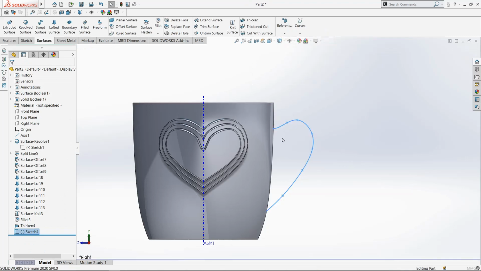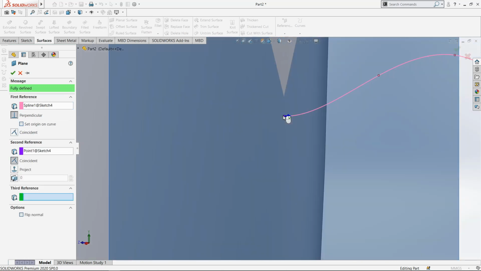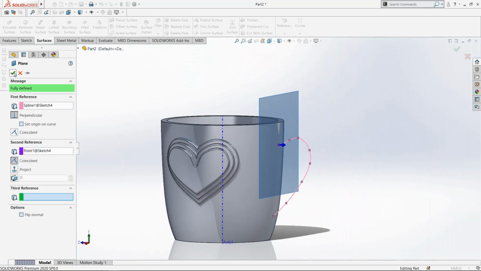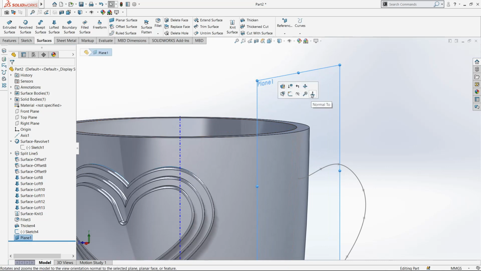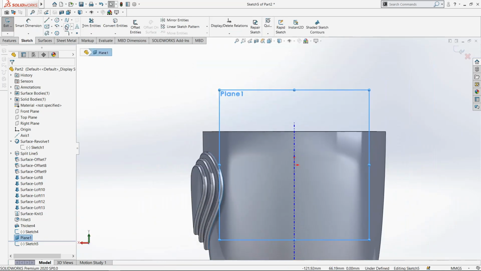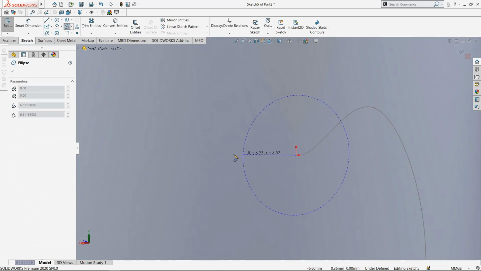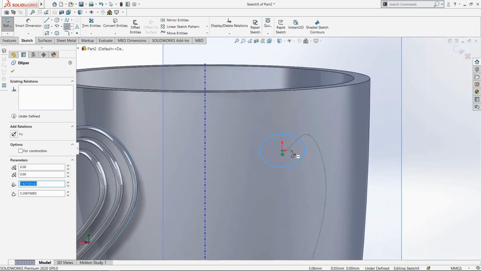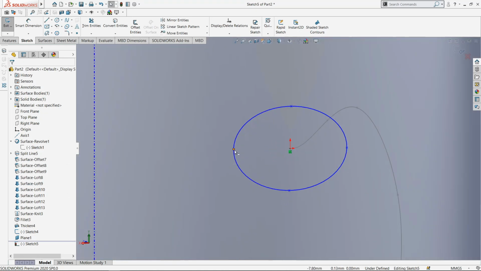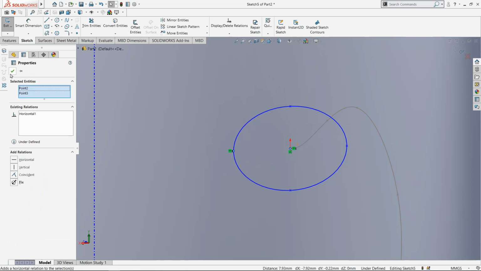Now go to reference geometry, select plane, select this arc and this point, click OK, select this plane, make it normal, go to sketch, select ellipse, draw it on this point. Now select this point and this point at a time and make it horizontal.